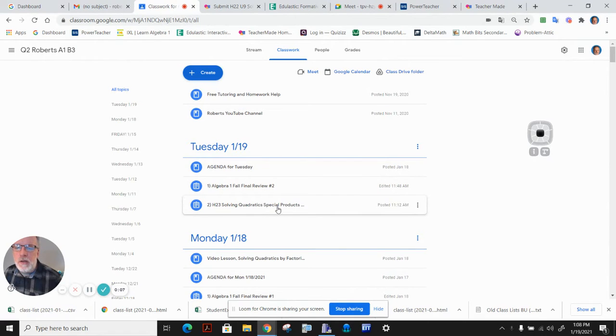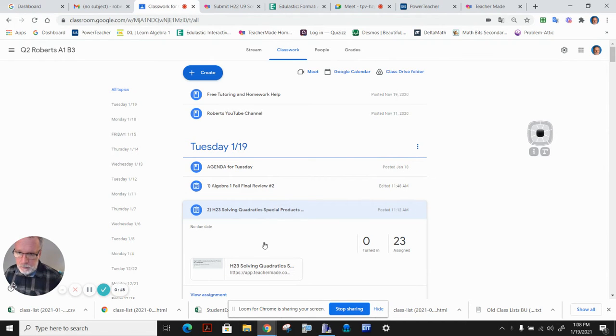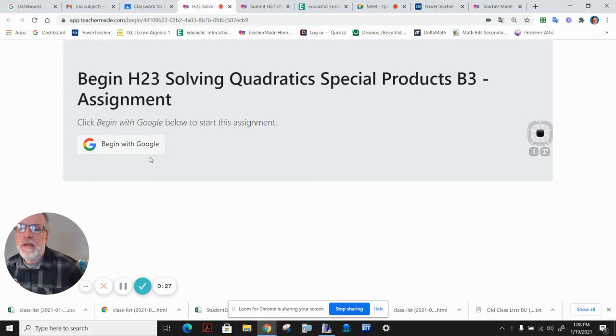We are continuing with factoring quadratics and really solving quadratics by factoring. Your assignment will be found here under Tuesday. It's item number 2, H23. And we want to look at H23